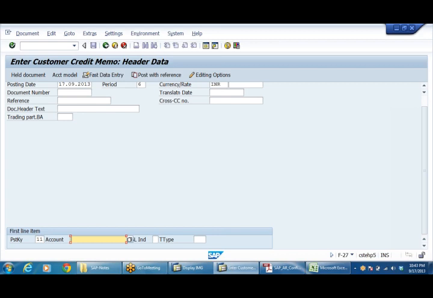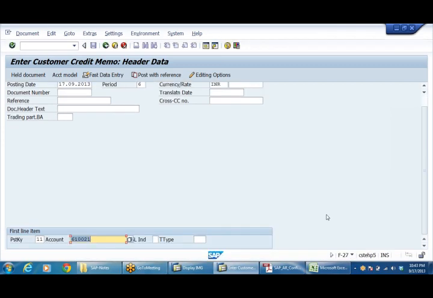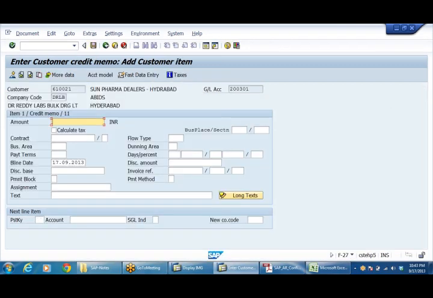So customer credit, let me take, say for example, 10,000. Just a 10,000 credit note I am giving.